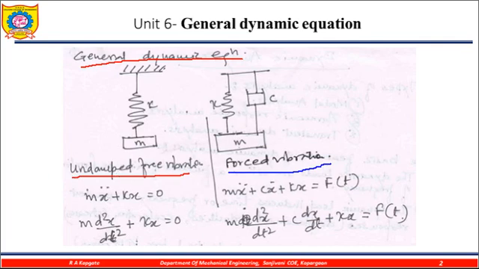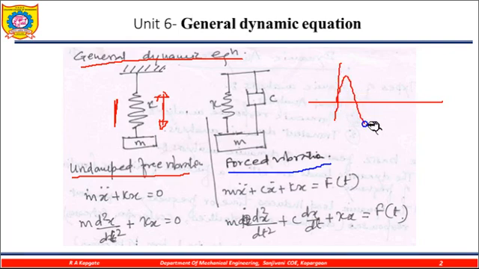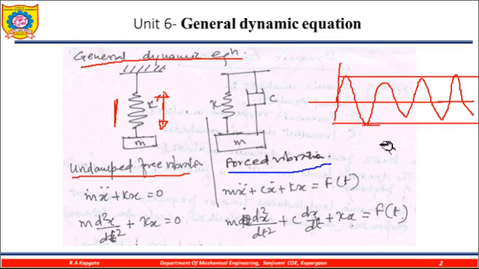So when we are working on undamped free vibrations, the mass is applied, and because of this mass the spring is vibrated. Because of this vibration there is a formation of a curve, and that curve looks like this. So here we could say that the period and these parameters are constant, as well as the frequency. So what we need to find is the natural frequency of a structure.